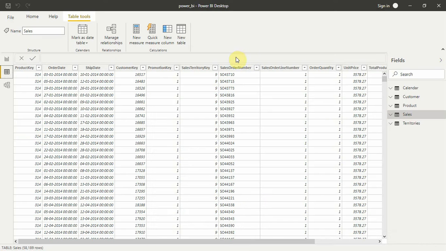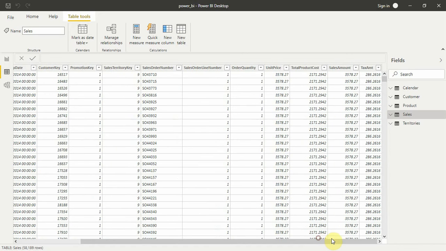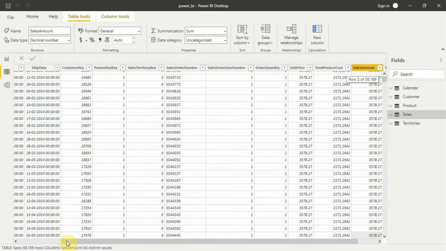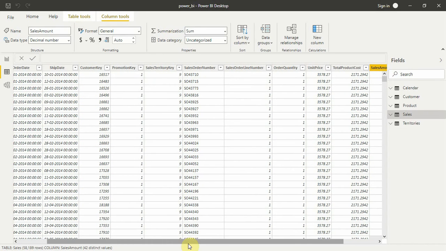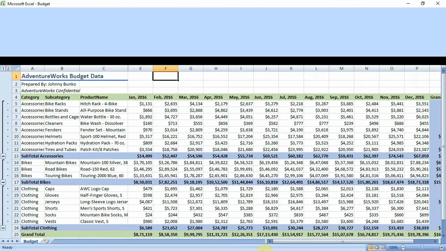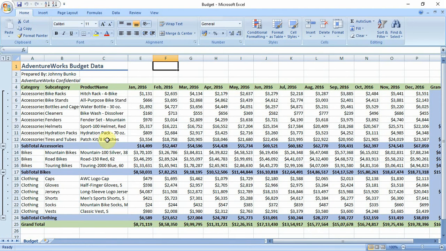Alright, so we got pretty clean data, but in the real world scenario, we all know that we don't get the pretty clean data that we got here. There are some things which the machine does not understand. So that's messy data, and we need to clean the messy data. I'll show you our budget data, and you'll get some understanding. So this is our budget data. This is understandable to humans. So this is human understanding data, not machine understanding data. I'll show you how.